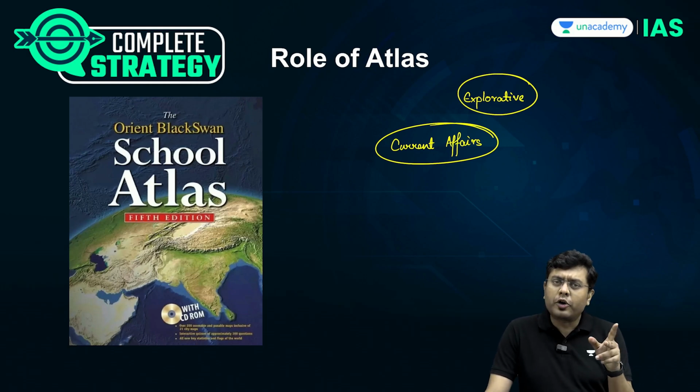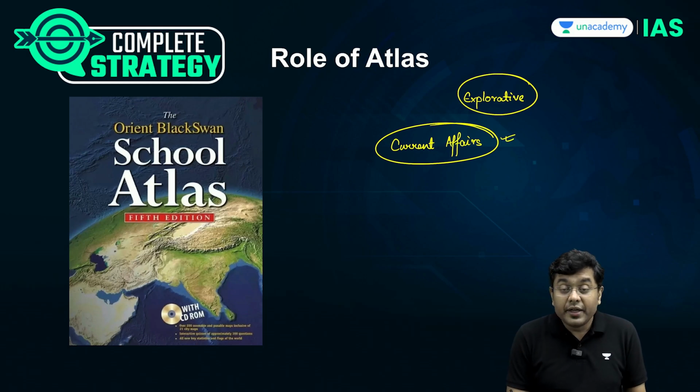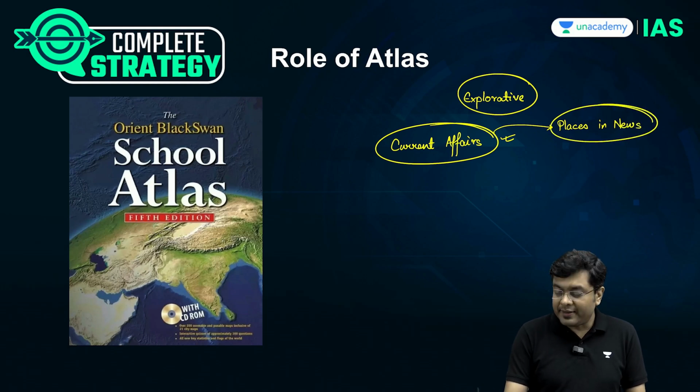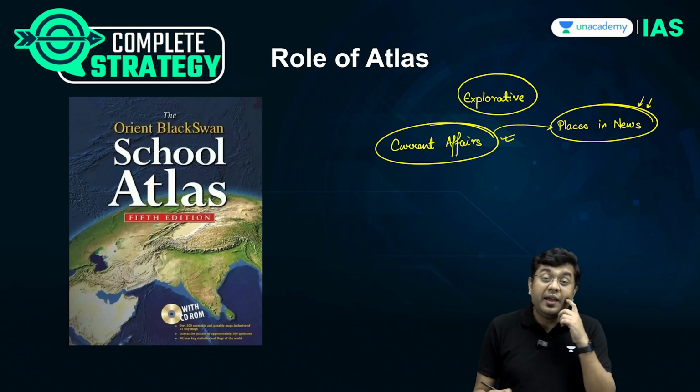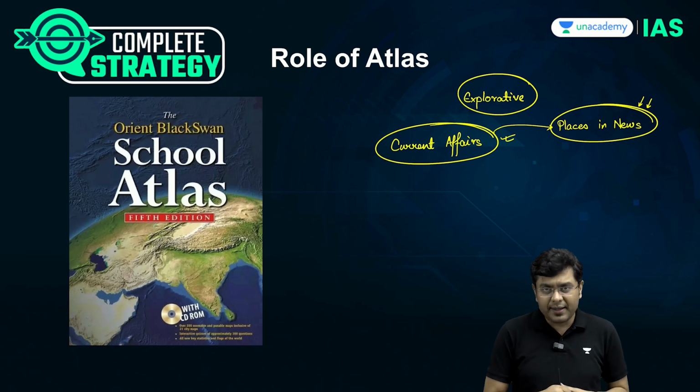Let's suppose when we talk about the conflict between Armenia, Azerbaijan, Nagorno-Karabakh had been in news, it was asked. So immediately start locating those areas with the current affairs. Generally, you will find that the questions from the maps are from the places in news. It is not some random throw of dice which UPSC hands you out. It is the places in news which are basically asked. So that is where the places in news portion should be looked into the atlas immediately.